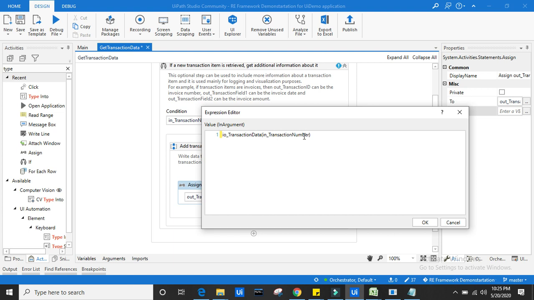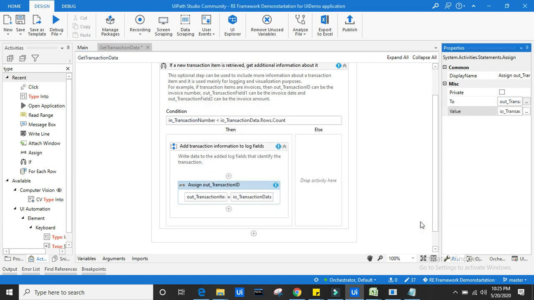Transaction number is nothing but the count. In the first go it is the first row, so IO_TransactionData is a table with 1, meaning in the first iteration it will read the first row. In the second iteration the transaction number gets incremented to 2, so it reads the second row. In the third iteration it is incremented to 3 and it reads the third row. This is the logic behind this.